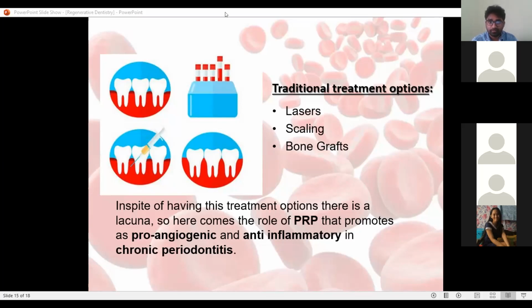Does anybody have experience using PRP before? Yes, we can use PRP in endodontic surgeries. In the case of a periapical abscess, we can remove the abscess and place PRP or PRF membranes at the site of the periapical abscess.